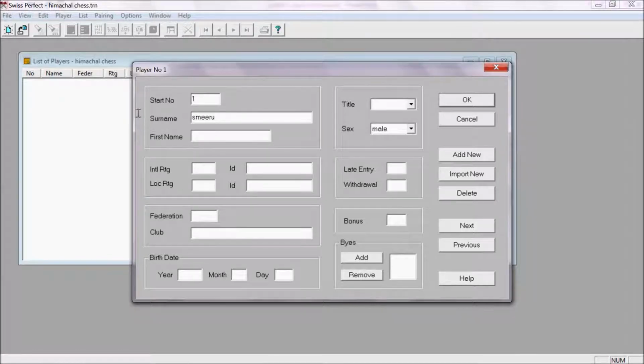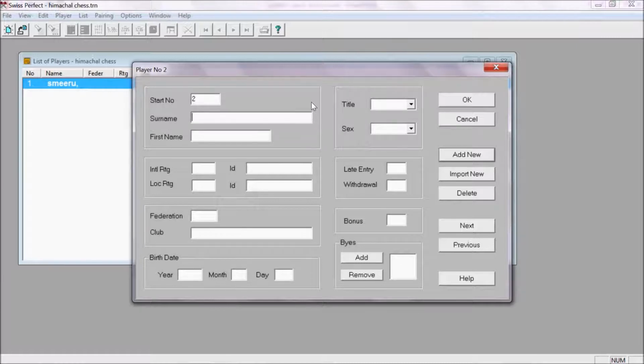Local rating is used when there is a tournament where no internationally rated player is there. Then local rating can also be used. So you can also enter the date of birth. And after I have entered one name, I need to click add new to enter the second player.